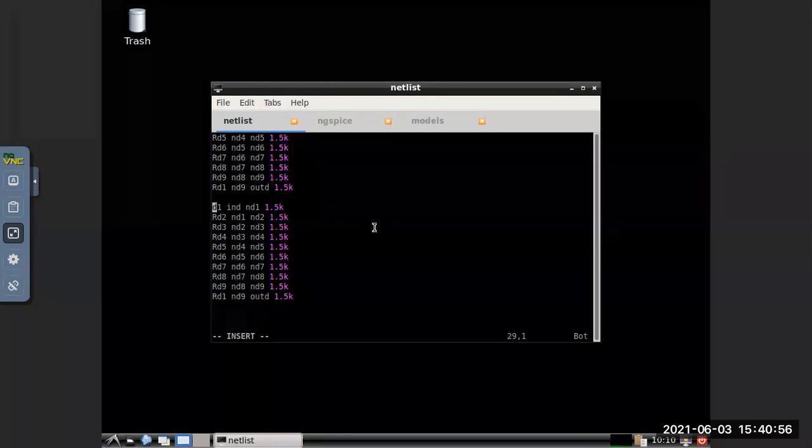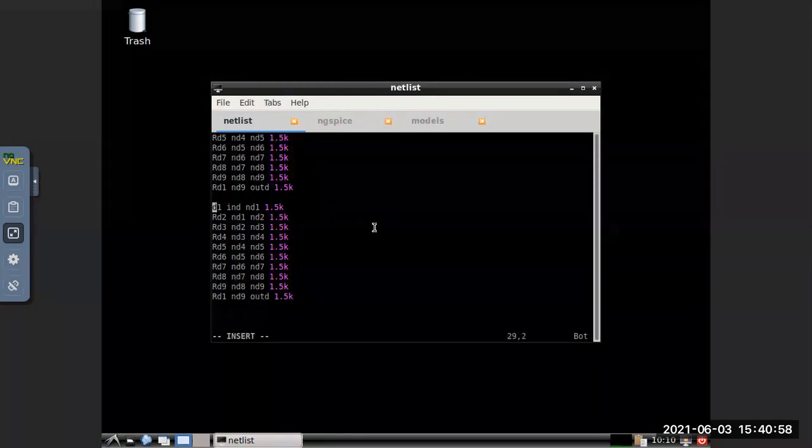So CD1 is ND1 then 0. So I'll remove all this.